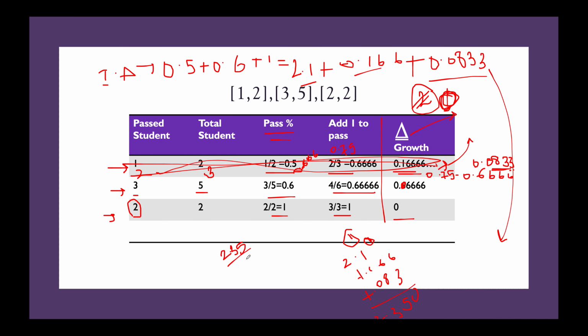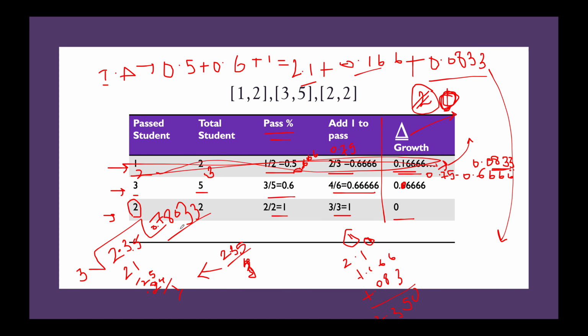So 2.35 divided by 3, because there are 3 classes, so that would be somewhere around, I need to do some mathematics here, 0.78.